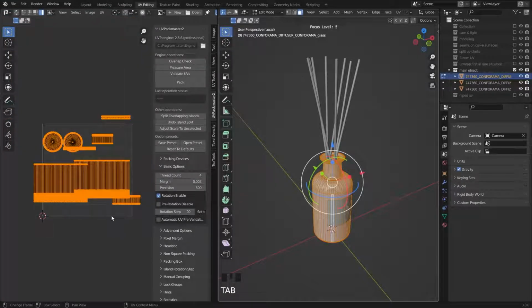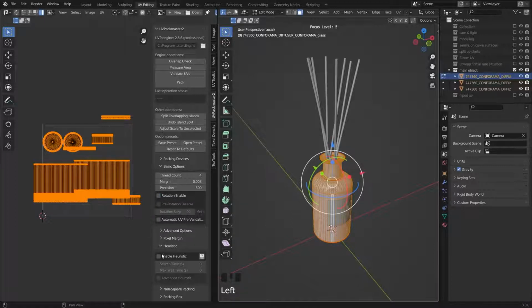At this moment, the project manager told us to put 8 pixels for edge padding, UV shell padding. So I put here 0.008, and also I don't want to rotate my UV shells, so I uncheck this rotation.